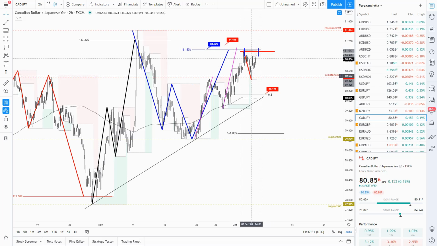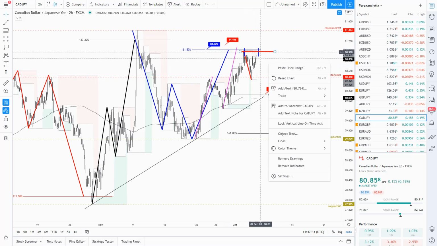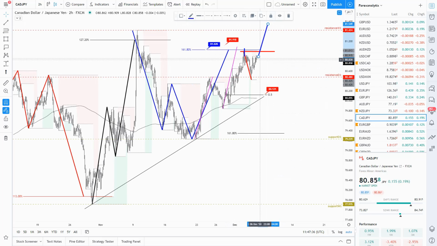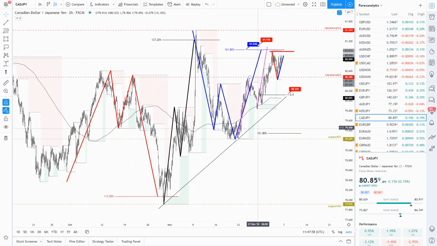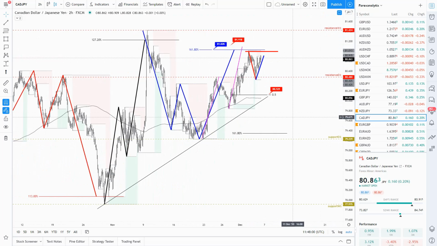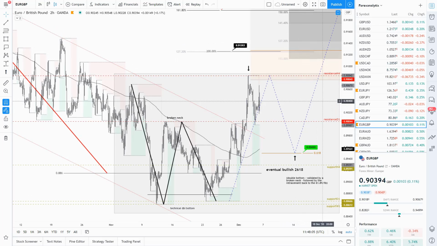and based on the V shape that we have here, there's only two options. One of them, a complete recovery using that support level, or a retest of the previous highs and a fall below the support level. So let's stay tuned to both of those situations, considering that we are also trading the bearish shark pattern completion point, so that makes sense to search for eventual another swing low for the Canadian dollar versus the yen.